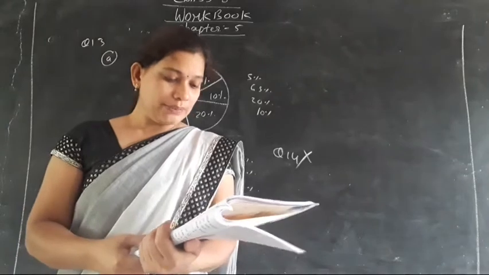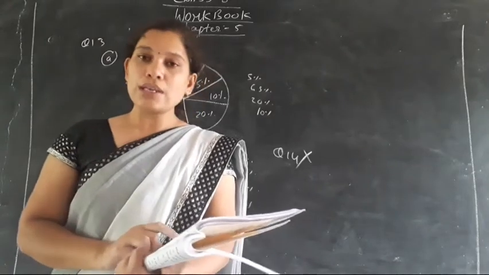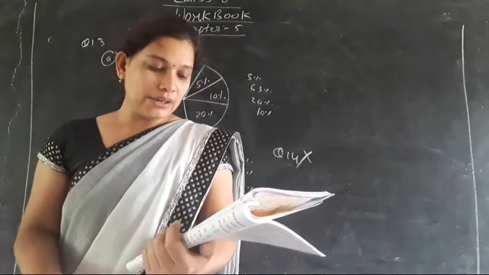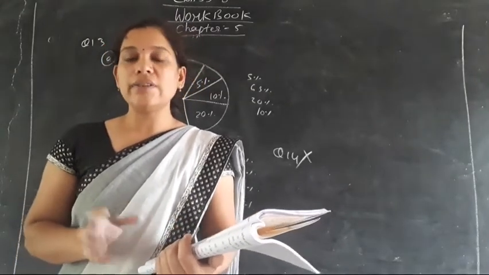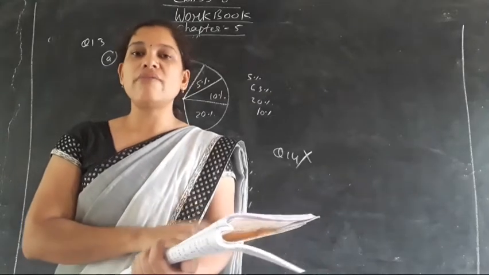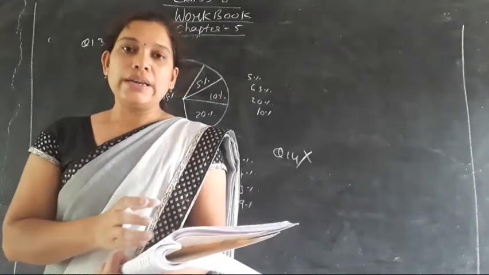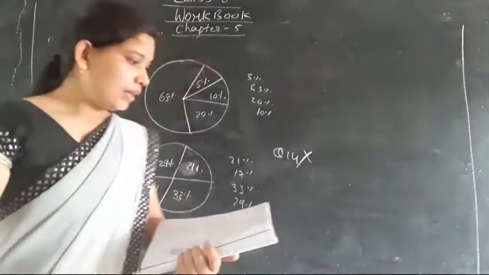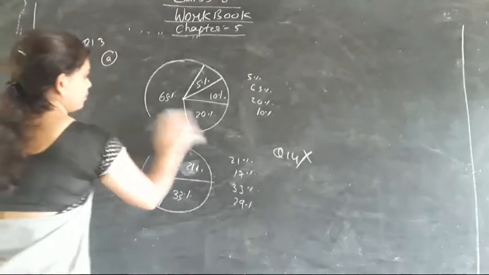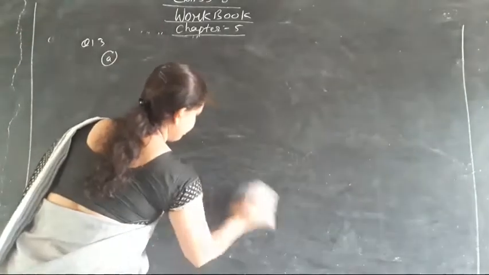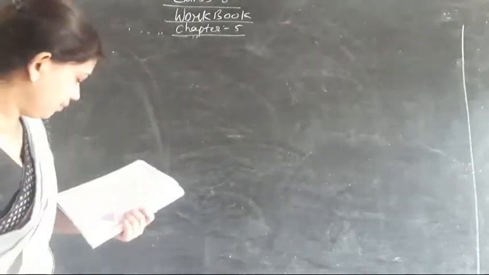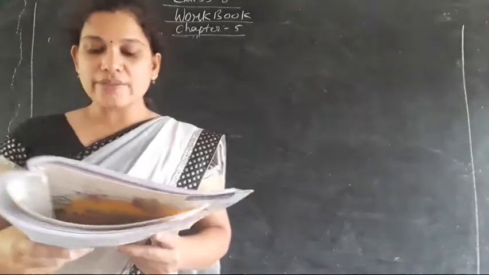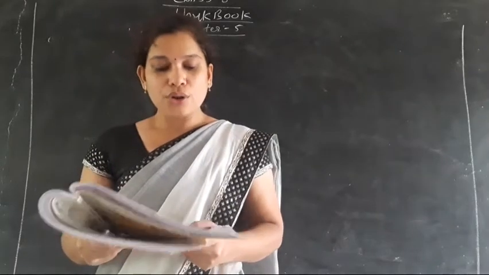Okay, so here also the symbol is being given. So rent symbol, grocery symbol, eating out, entertainment and other. Like this a pie chart is given, and at the side of the pie chart, that means at the left hand side of your book, it is given some notation. Okay, so here we can see that so first question here, in which of the above category does Mr. Davis spend the greatest portion of his income?